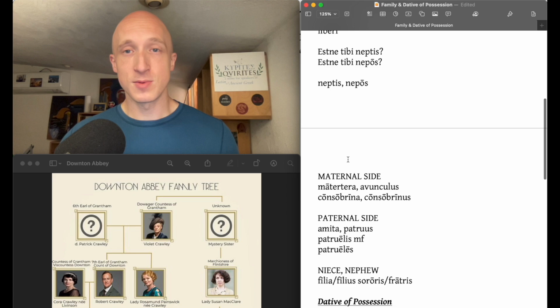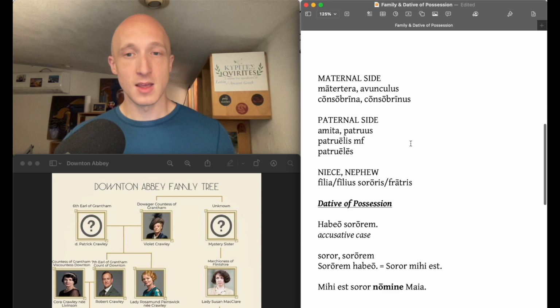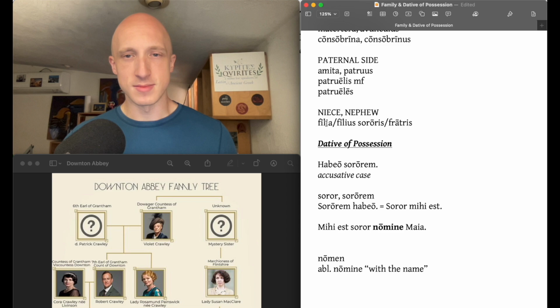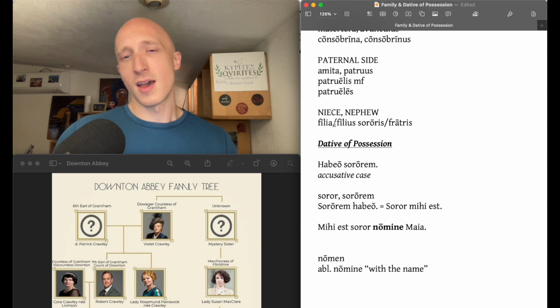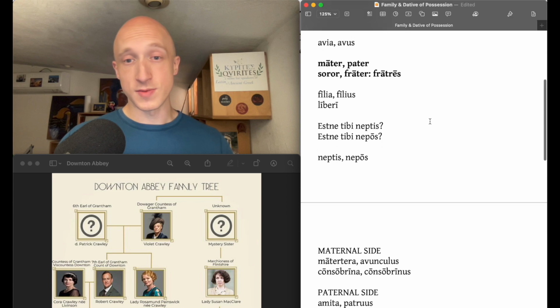Now, niece and nephew, the words niece and nephew are actually from these Latin words ultimately. But I'm pretty sure... I didn't check the etymology today, and who can remember every etymology? Filia filius sororis, or filia filius fratris, niece or nephew. Later, in post-Augustan Latin, evidently, according to Lewis and Short, the great, wonderful dictionary, evidently, later on, the words for